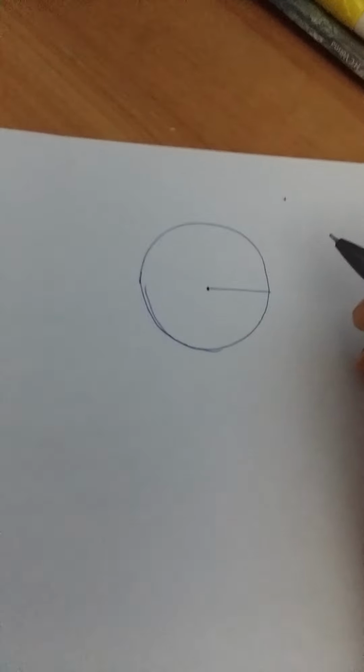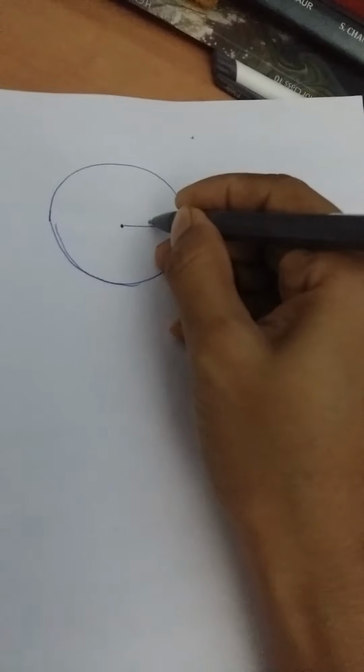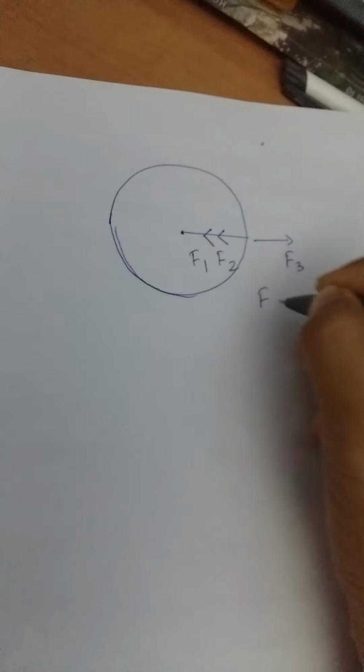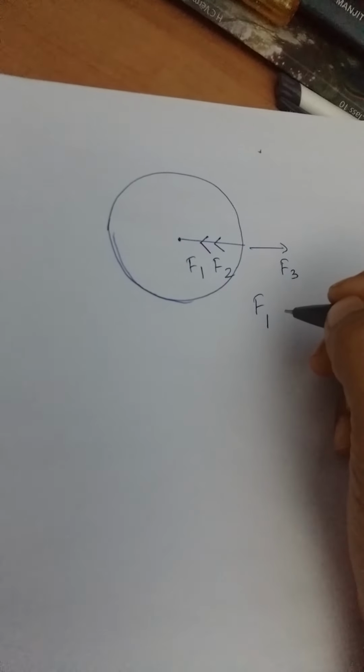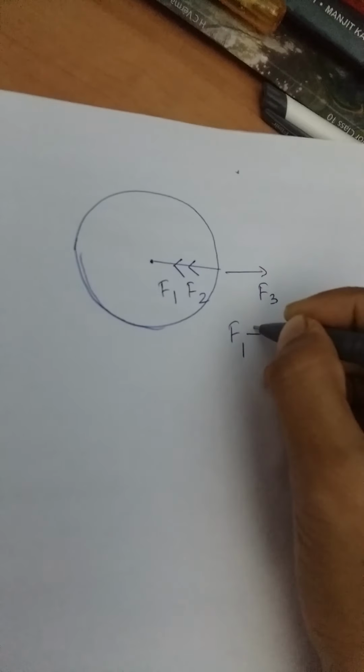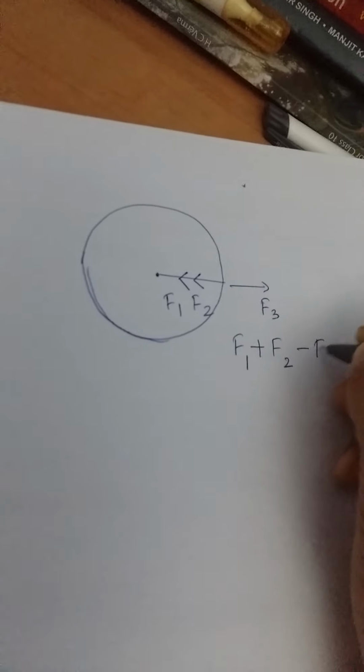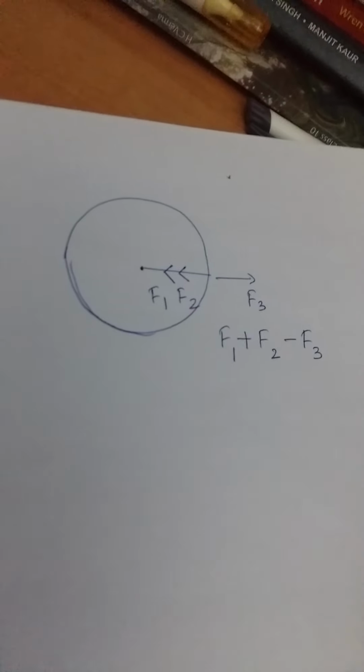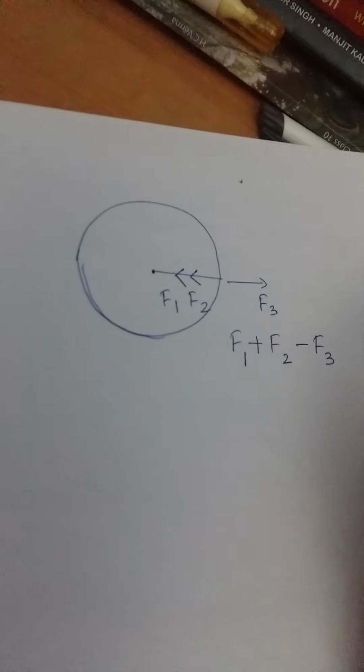So now we come to another point, that is the centripetal acceleration. Centripetal acceleration is the acceleration which is acting towards the center of the circular path, and it is along the radius vector. Suppose a number of forces are present, F1, F2 and F3. Then the centripetal force, which is related with your centripetal acceleration, always represents the net force, and it is acting towards the center of the circular path.